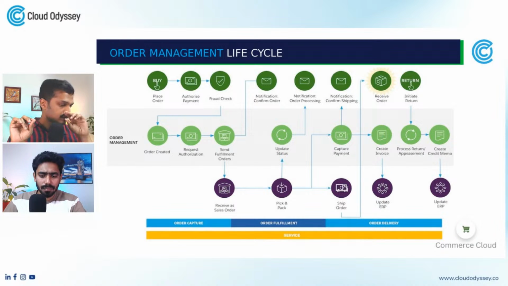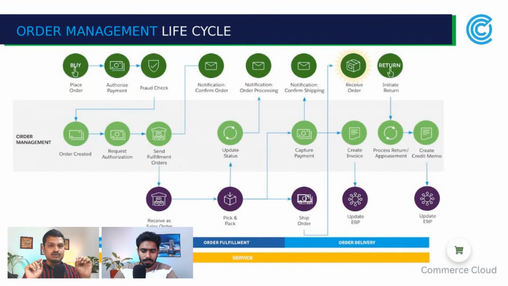The order will now enter into the order management, and only when the inventory is available can it confirm the order, right? The inventory may or may not be available sometimes. Only when the inventory is available, the order will get confirmed, and it will also send a notification to the user. You can see the notification confirm order here, and that order will be assigned to one of the fulfillment